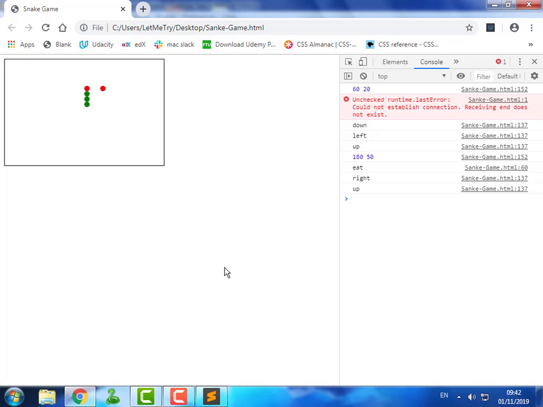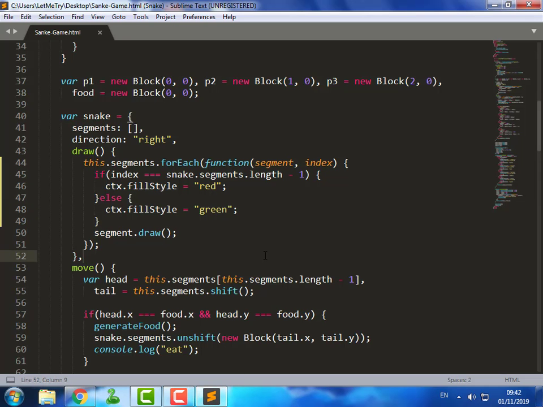What about the food? It should have a different color. Let's make it blue.